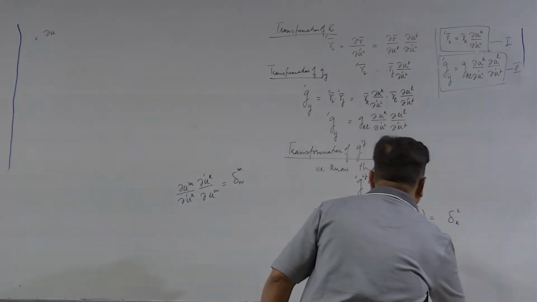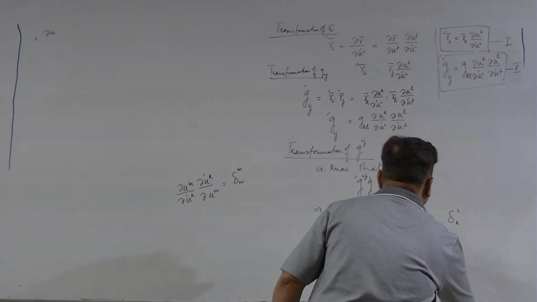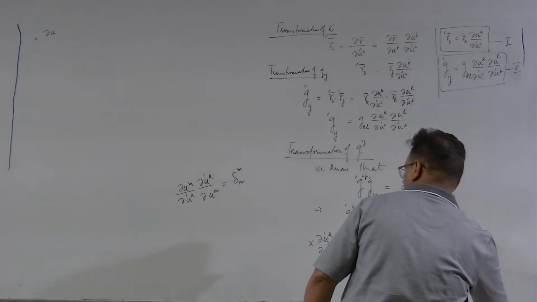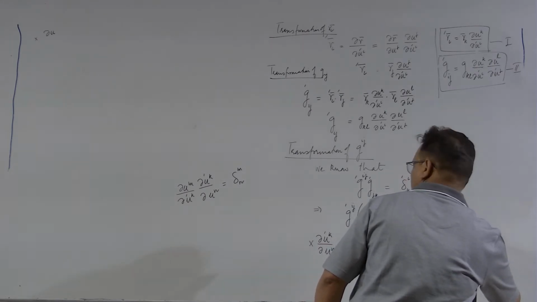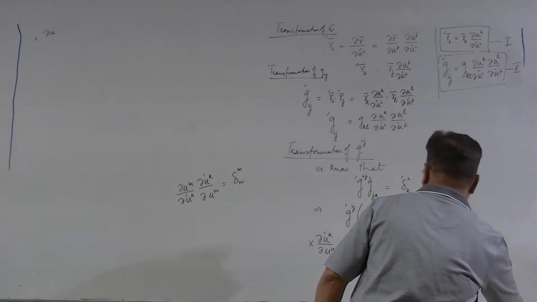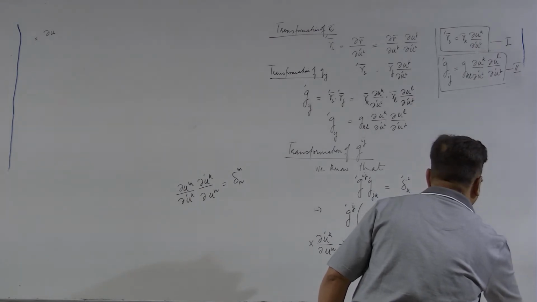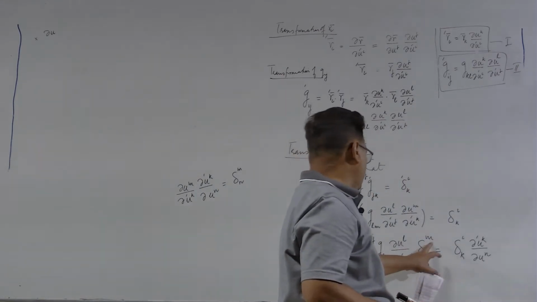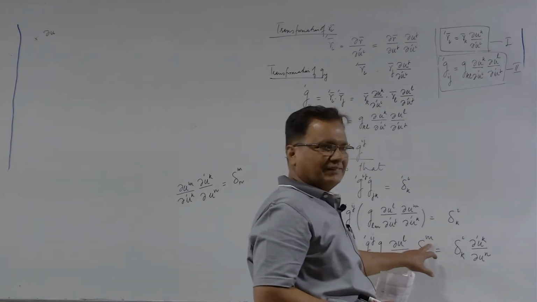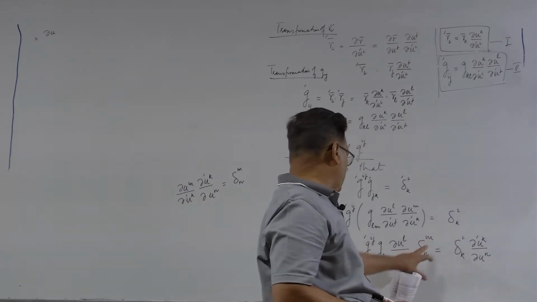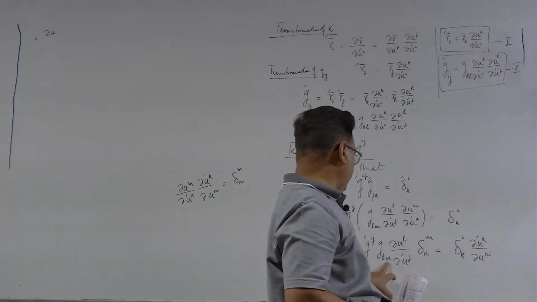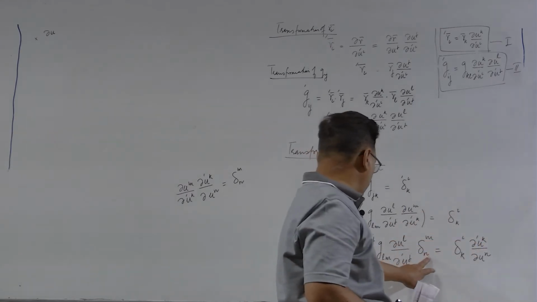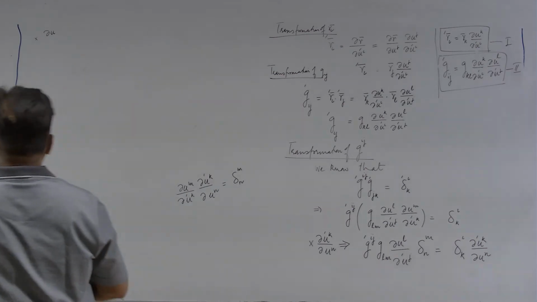So, I will put Kronecker delta m n, and the right side will be Kronecker delta i k multiplied by del u dash k upon del u n. Now, what will Kronecker delta do? This will change m into n, because m is a dummy index. So, this is taken sum over m. When m becomes n, its value will become 1, otherwise its value will be 0. So, this n m will change into n. So, the left side will become